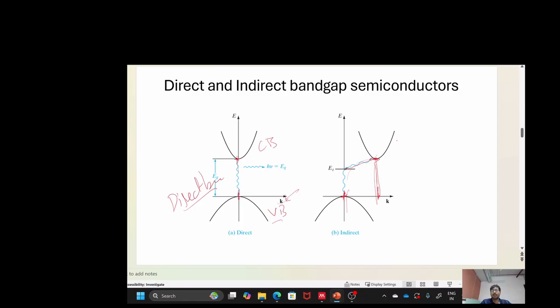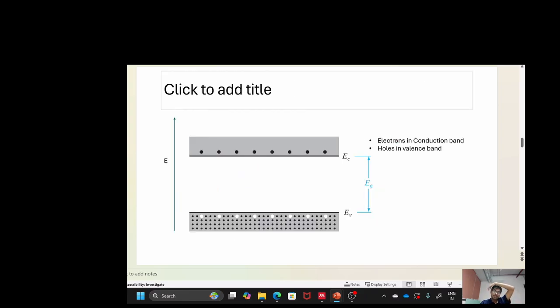the conduction band and the valency band. Okay, and now let us see, whenever we look at the movement of electrons or movement of holes,